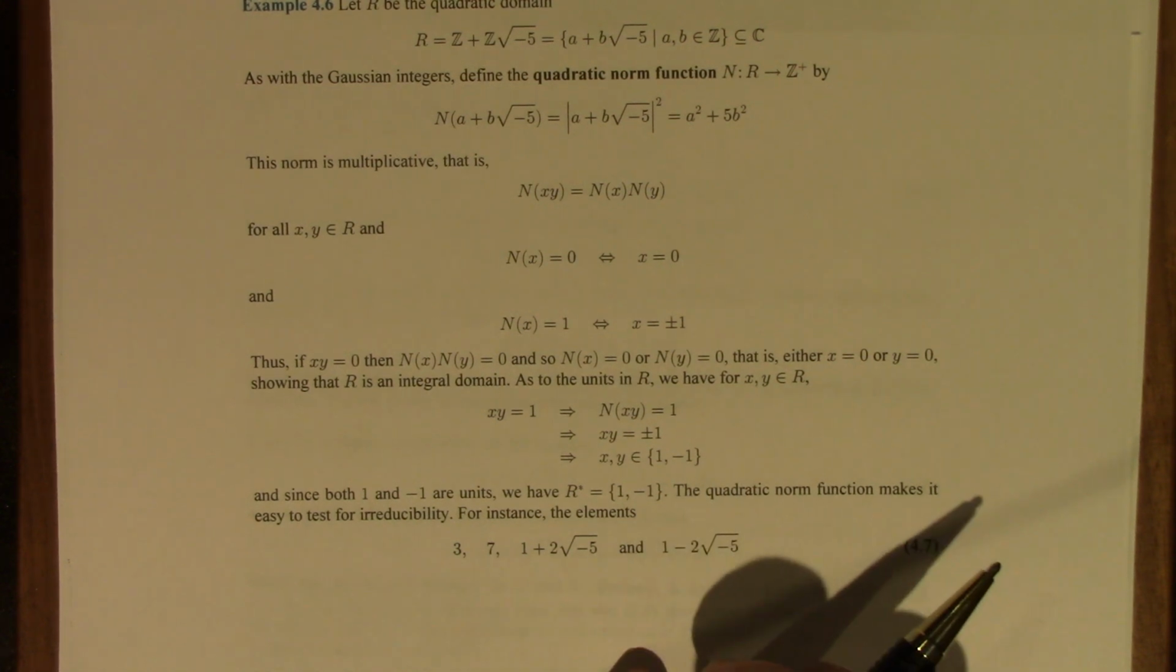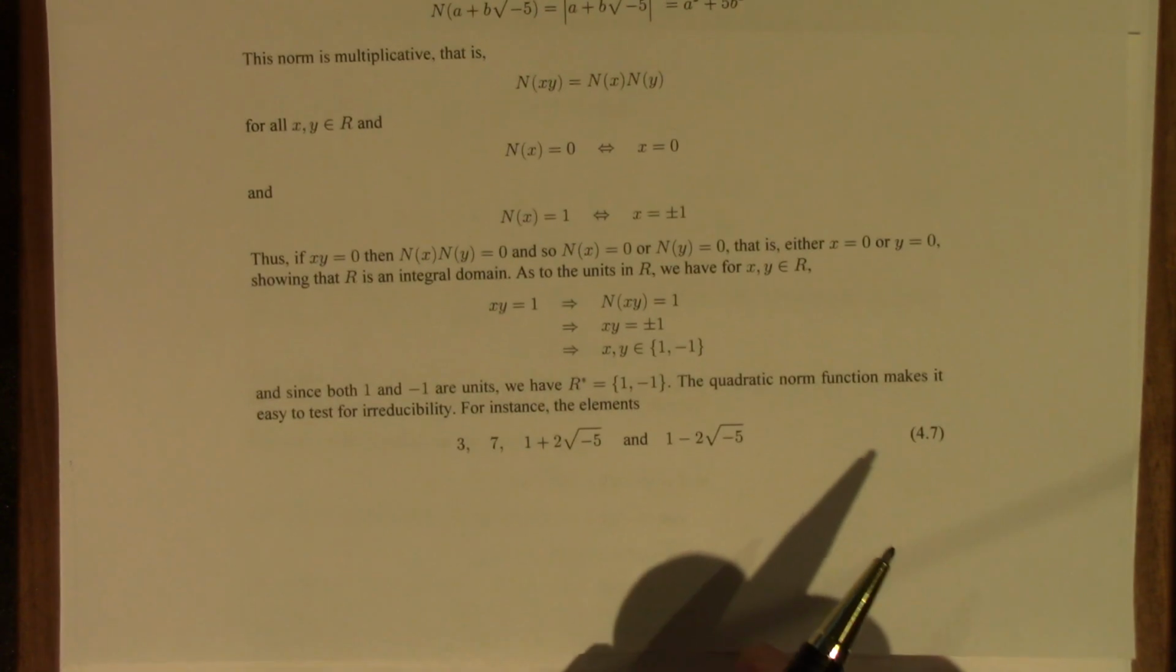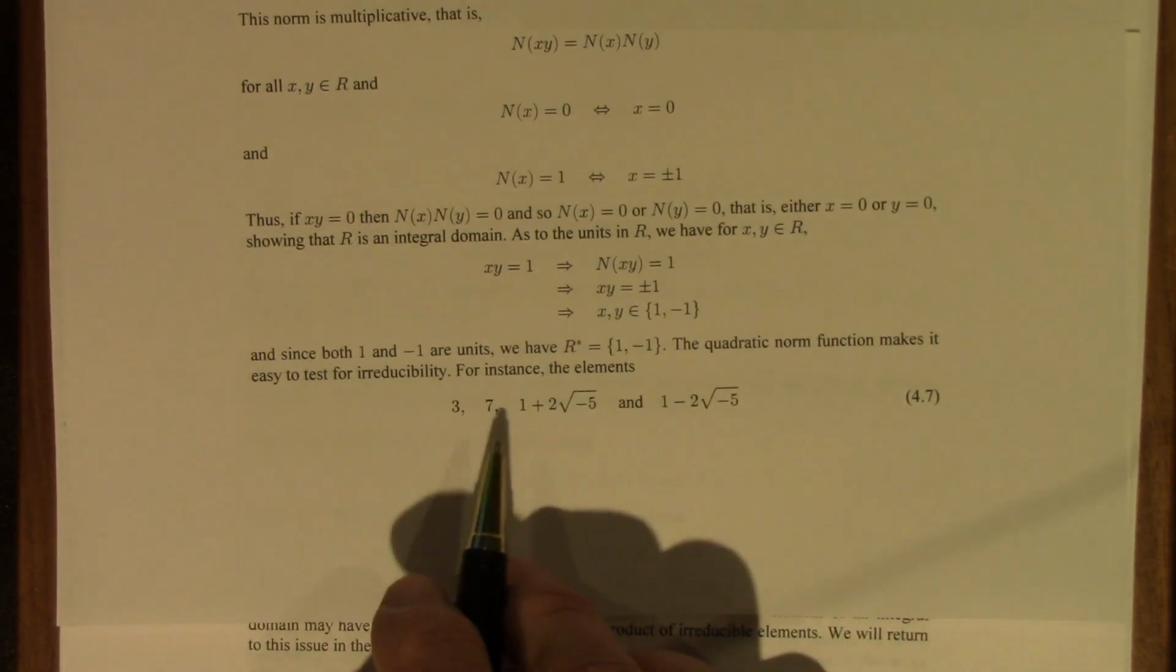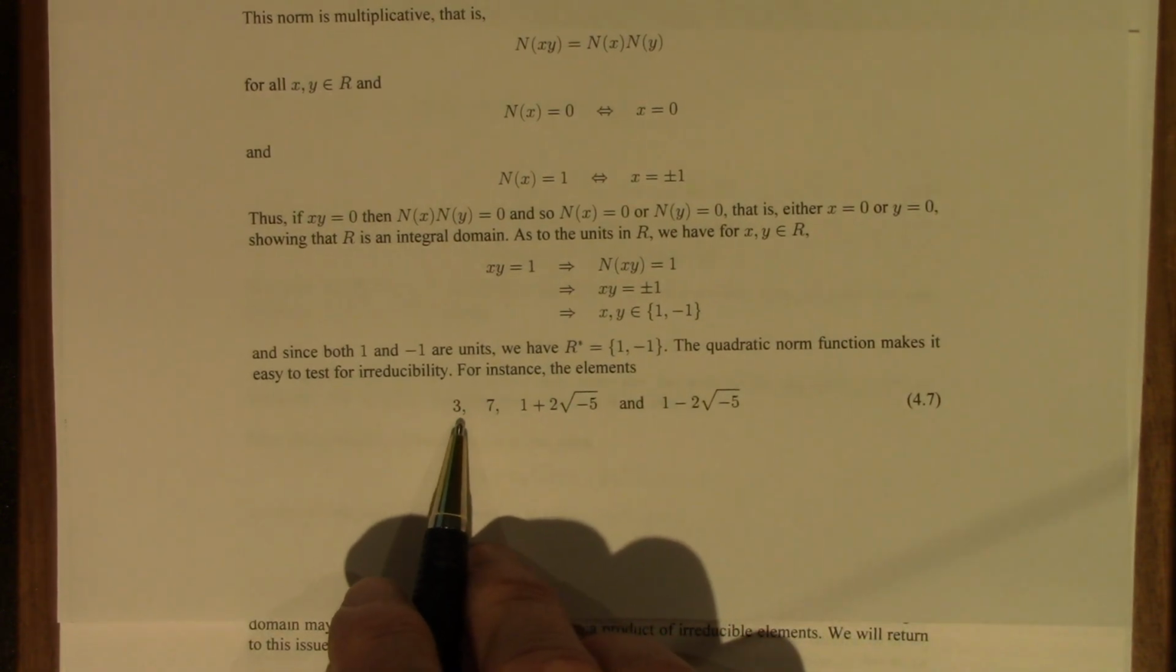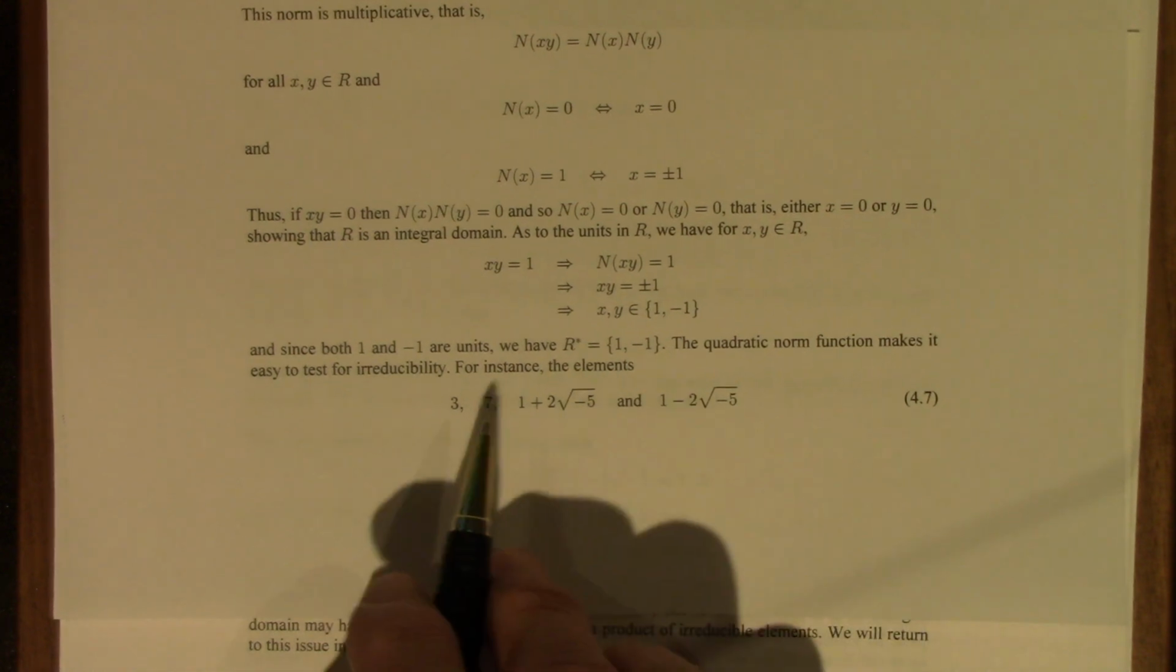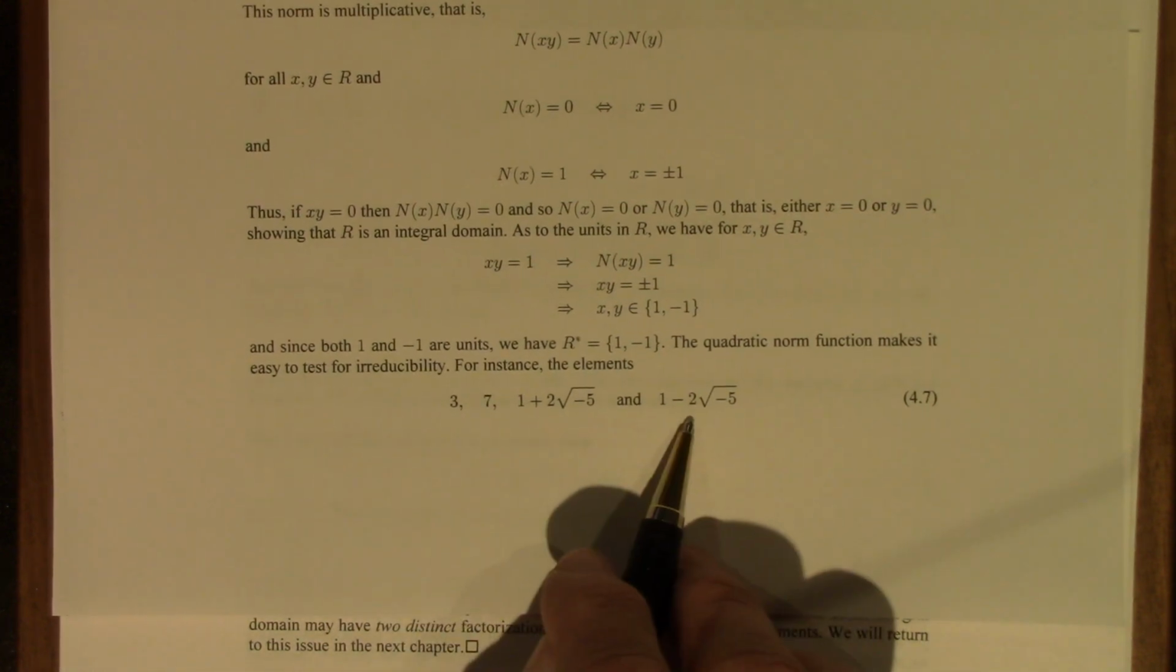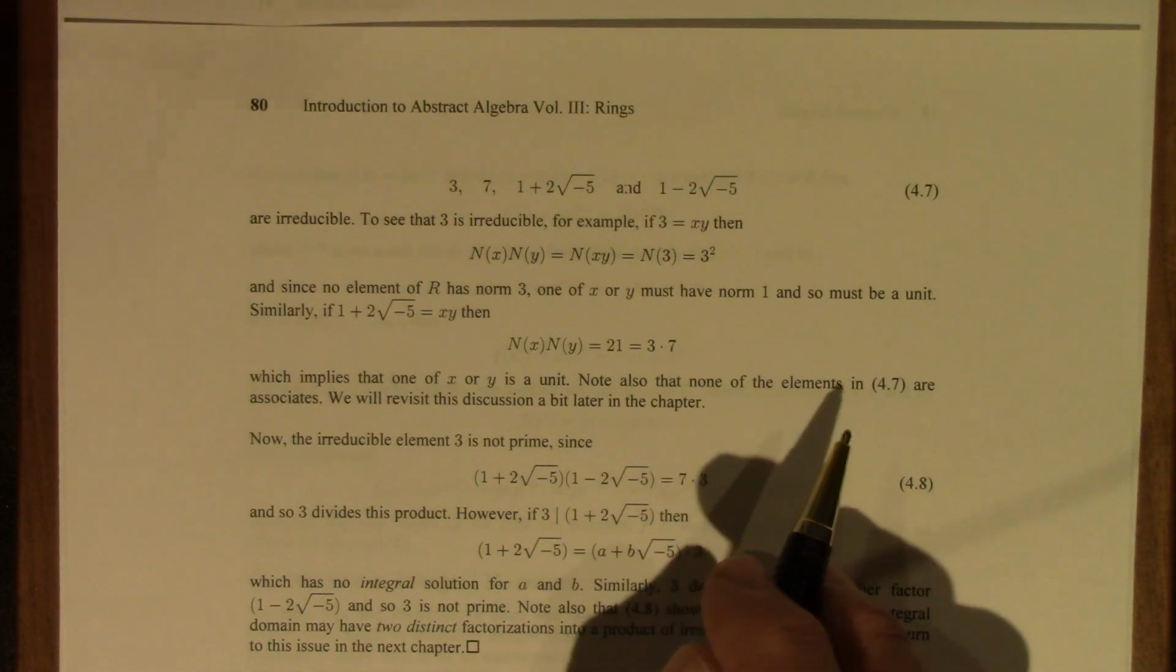We can also test for irreducibility using the norm function. Here are four elements that are irreducible in fact. For example,